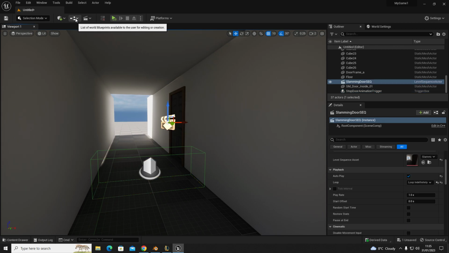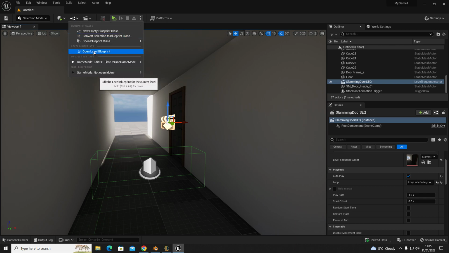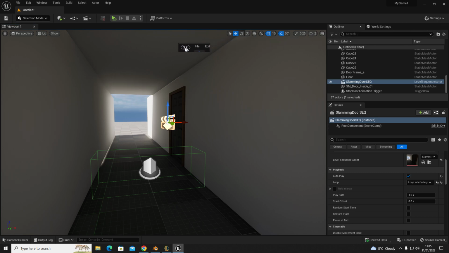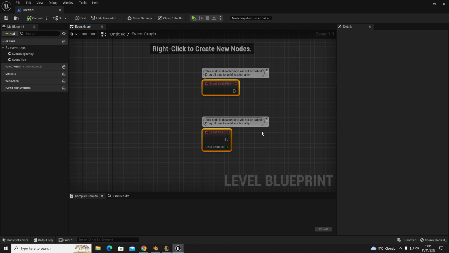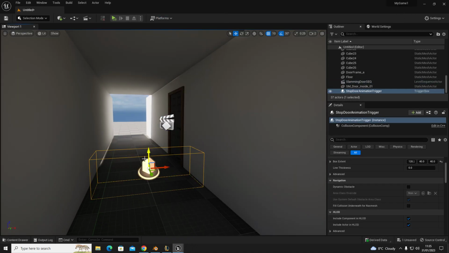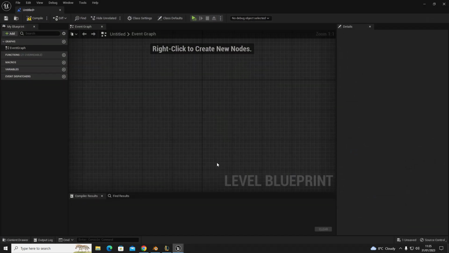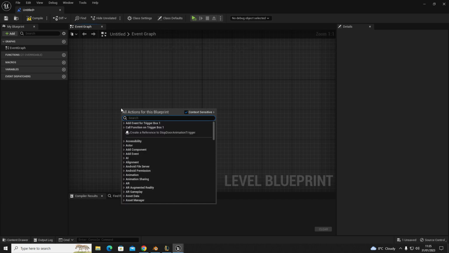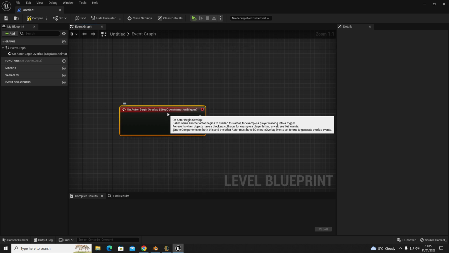So up here in your level blueprint, we're going to open level blueprint up. Let me just grab it from the other screen. One second. There we go. And in here, let's minimize that for a second. We want the trigger box and we want the sequence, but let's focus on this first. So we'll take that, click on your trigger, and then right click, add event, On Actor Begin Overlap,